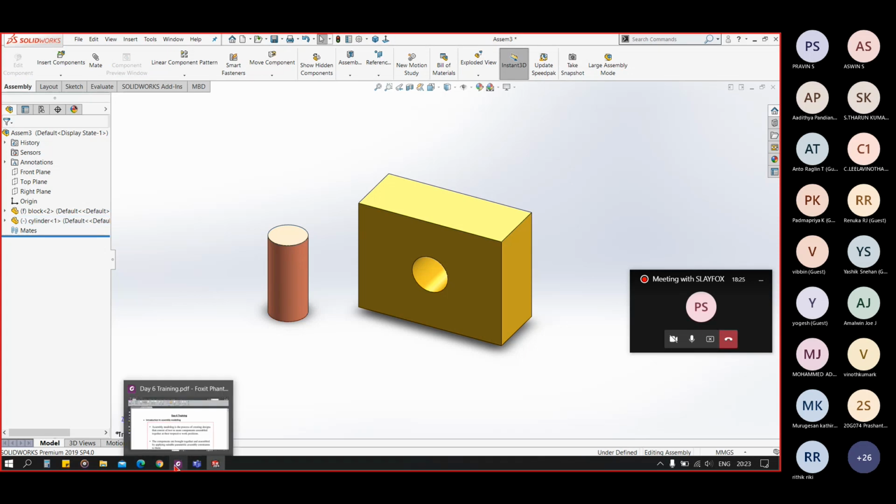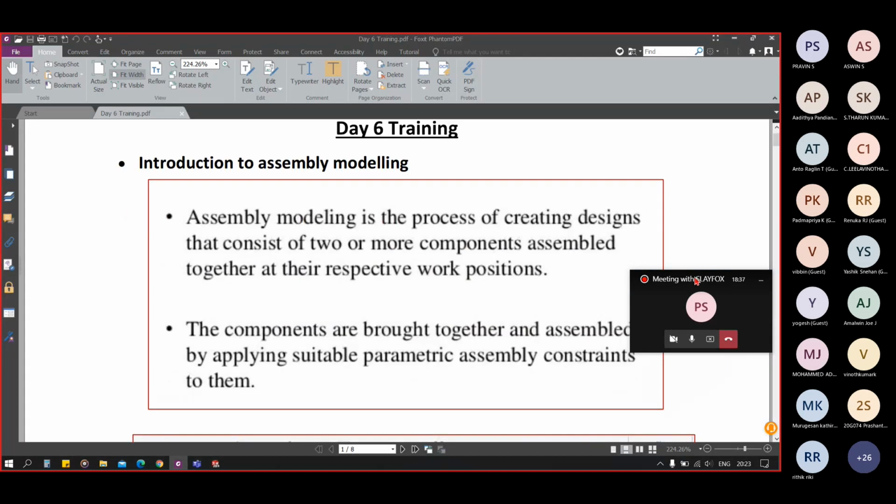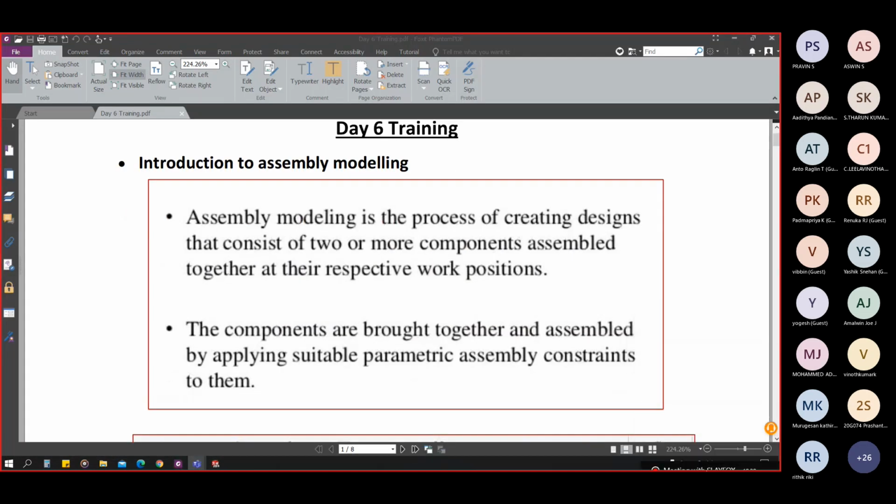Basically, let's see what the theory behind assembly is, and what the approaches are to create an assembly. Assembly modeling is the process of creating designs that consist of two or more components assembled together at their respective work positions.